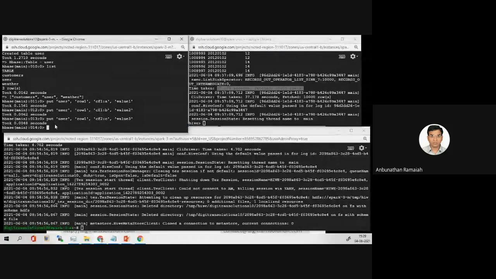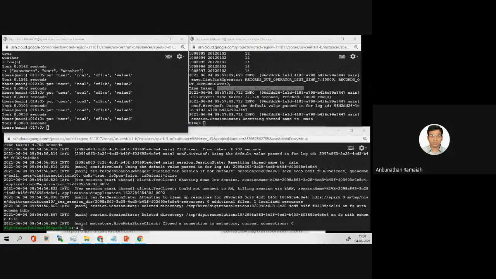I'll quickly add this. Value 4, value 5, value 6, value 7. Now I want to check whether the values are displayed or not.